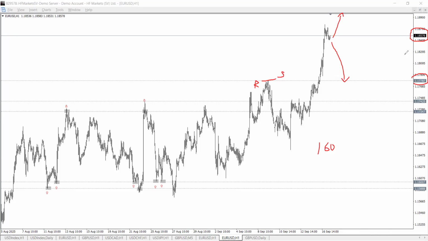It's not yet London session, but by the time London kicks in, then of course New York, and then we have the FOMC, which should cause some serious volatility in the market. So if you're going to be looking for sell positions, because in every market there are obviously always opportunities in both directions, if you're going to be looking for sell opportunities, then of course, for this week, you are going